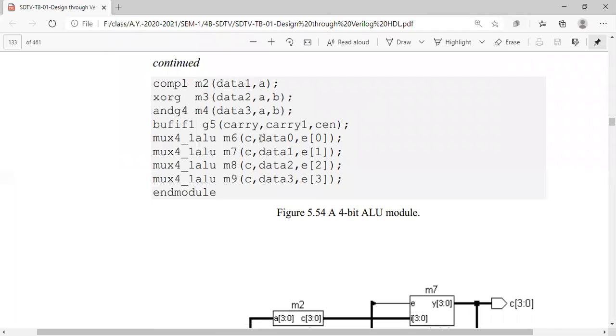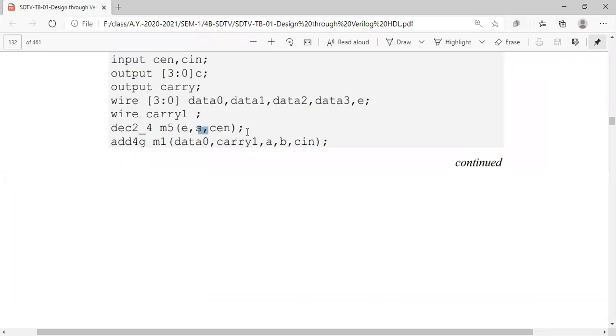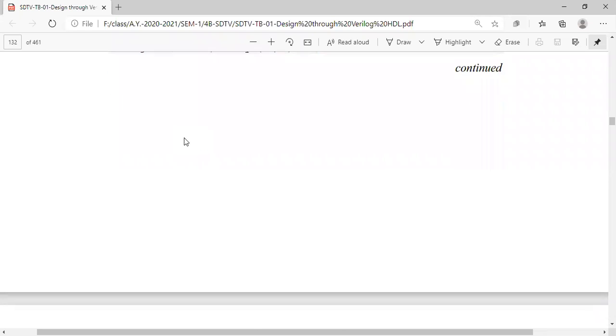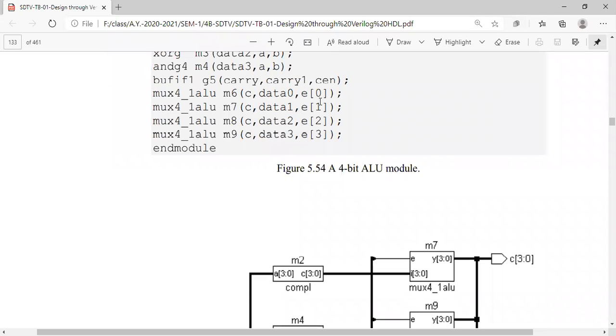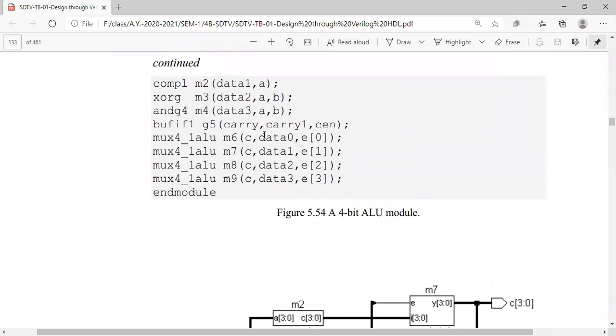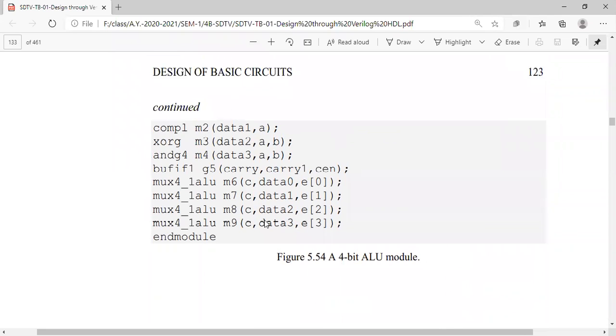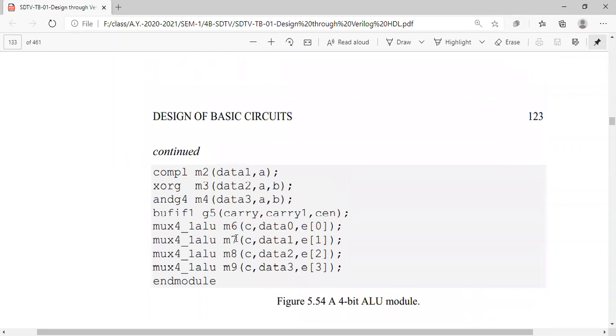If the selection line S is 0, 1, then E of 1 will be 1, and data 1 will go to C. Right, so that is the functionality of the muxes and the decoder.